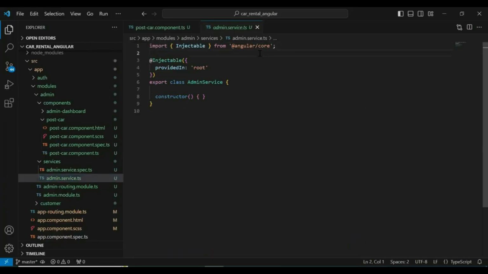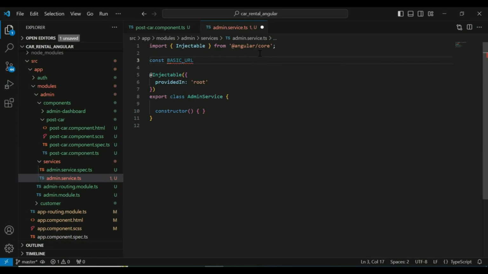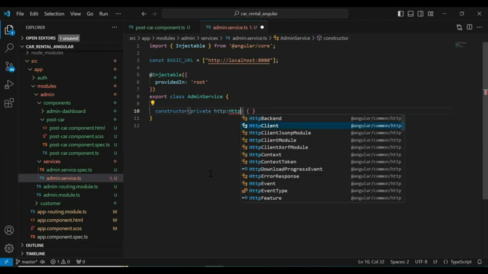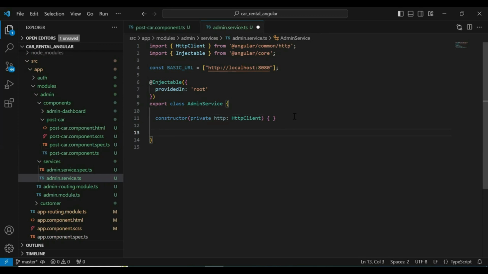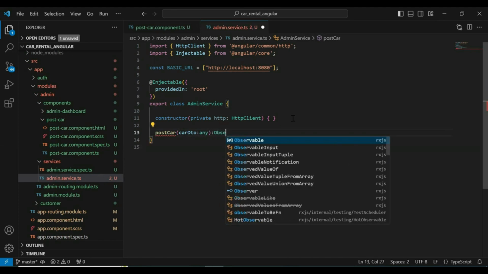So you can see the admin service. So on the top, I'm going to initialize a variable that is const BASIC_URL. So in this URL, we need to save the URL of our backend application. So it will be http://localhost:8080. So in the constructor, I'm going to inject HttpClient. So after that, I'm going to create here a method that is postCar. So in the argument, it will receive carDto, that is a type of any. And here I'm going to add Observable,